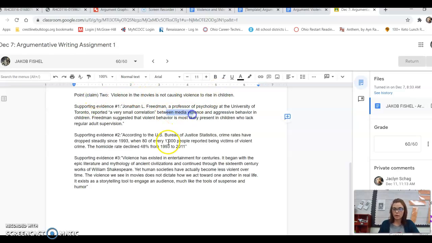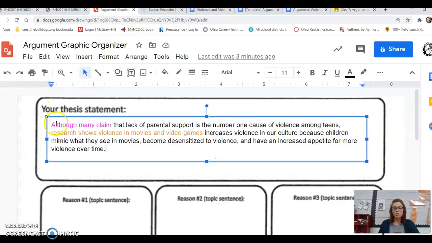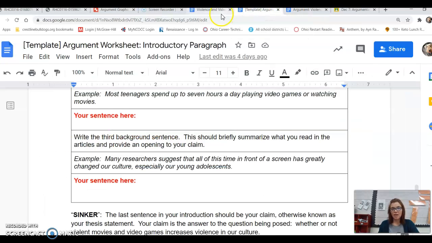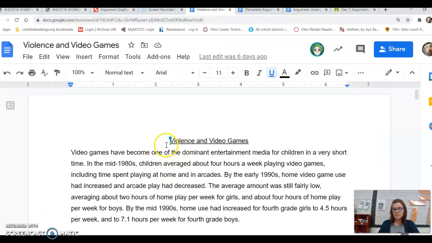And here is where I got some of the information for the first part of my thesis. Although many claim that lack of parental support is the #1 cause of violence among teens, meaning the parents aren't there, the parents aren't doing what they're supposed to do. And I got that from the Violence in Video Games article, okay?